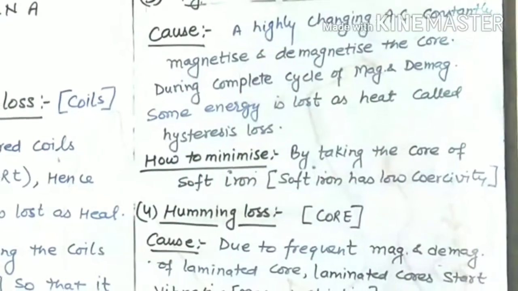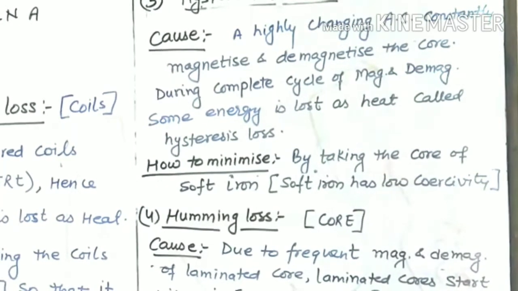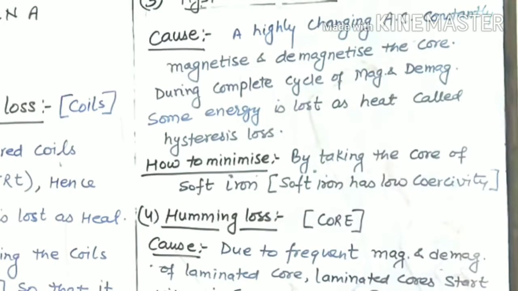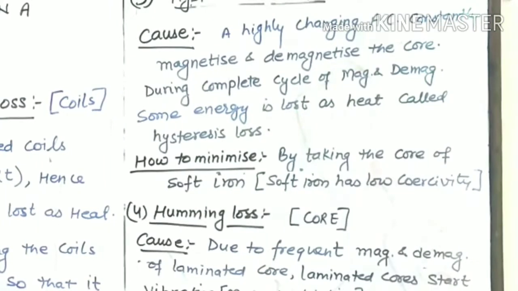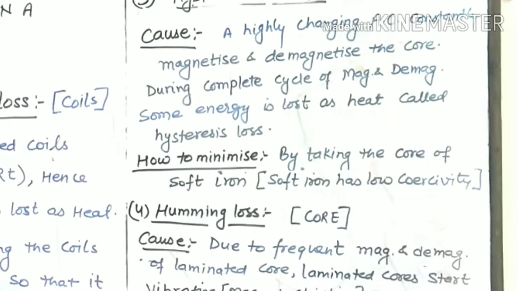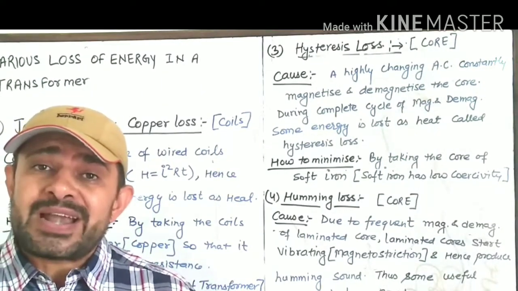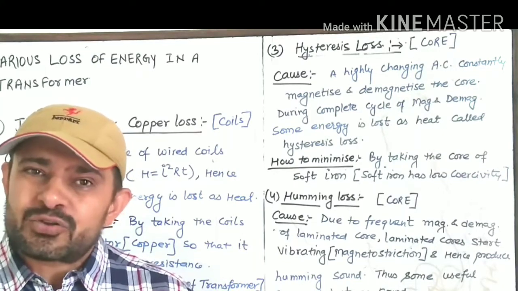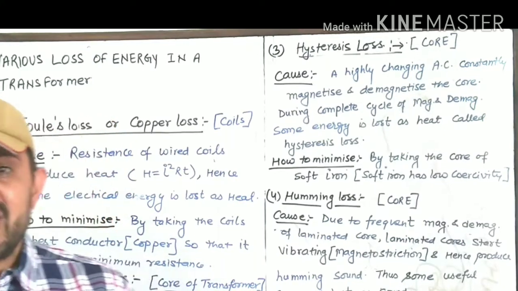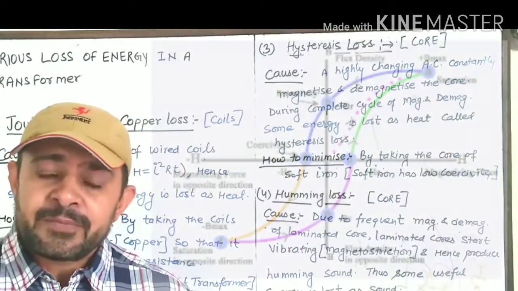Basically, it is the property of magnetic materials. They take some time to get magnetized and also they don't want to demagnetize. So because of this property, some energy is lost as the work done in the magnetization and demagnetization cycle. So the energy lost in the core due to the frequent mag-demag cycle is called hysteresis energy, and such loss is called hysteresis loss. Hysteresis loss is minimal in those materials which have a narrow hysteresis curve.